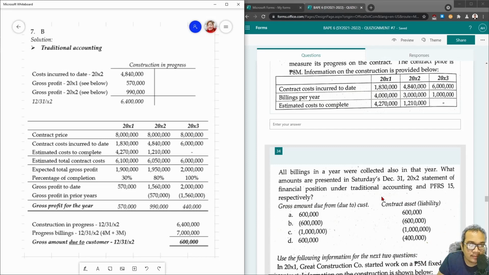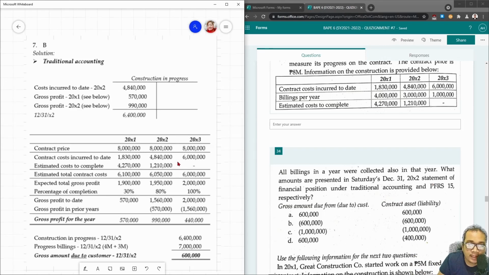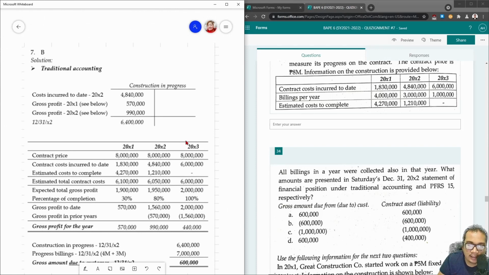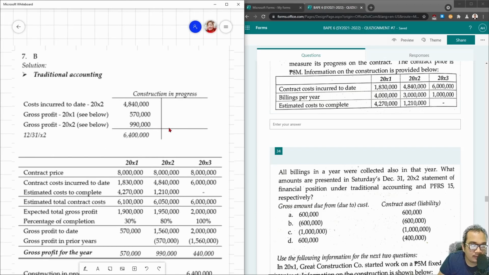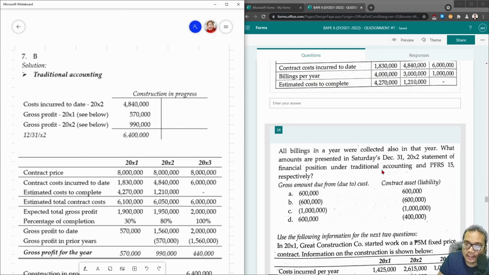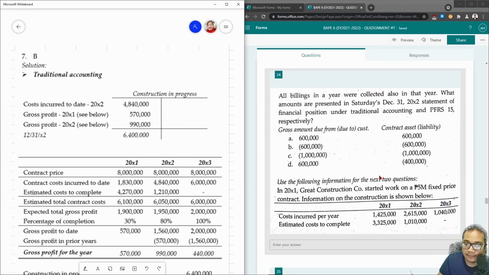Ngayon sa traditional, as you have said, yan yung tinuro sa amin. PFRS 15, nagbago na pagdating sa inyo. But, as what Sir Rex Manggawan has posted, di ba? Kahit na paiba-iba yan, kasi mostly ang nagpalit dyan is yung name of accounts, di ba? Ayun yung arrangement nila. Pero as long as you understand the concept, wala yung problema. Basta naintindihan mo yung fundamentals, walang issue. You can still answer the problem.